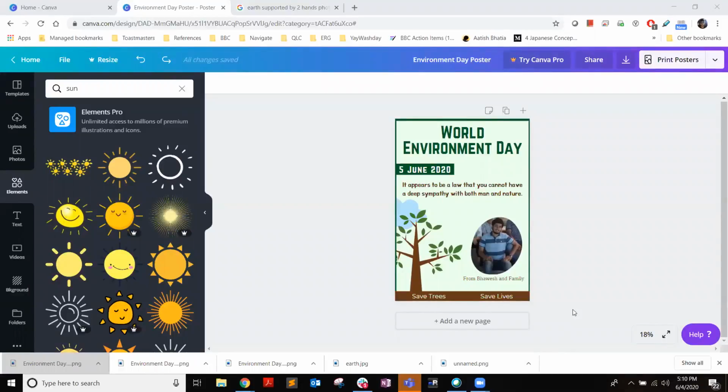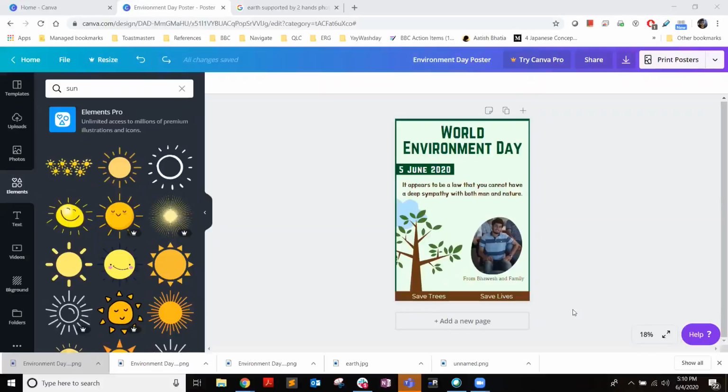Sir, why don't we make some poster as a tribute to all the healthcare workers and all those who are working in this lockdown for us? That's a brilliant idea. In fact, I had once thought of making an awareness poster or a thanking poster for the people who are our warriors at the moment. Yes, you could do that.